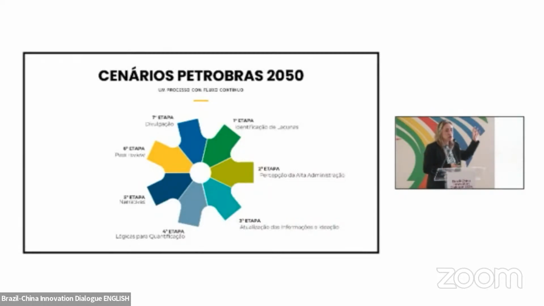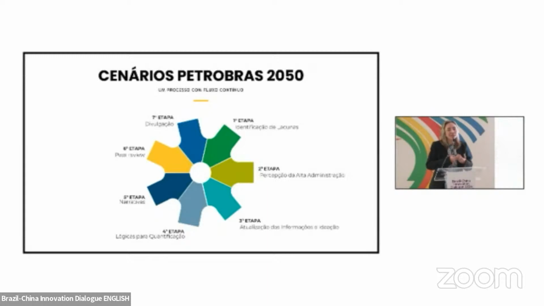So we have this continuous flow. We don't have the every 4 year scenario forecast. We always start with the lessons learned, so we identify the gaps. We start by gap scenarios and the possible scenarios that we might have. So we interview all the executives and all of the managers who make decisions. So we update the information and we ideate with all of the areas of the company.